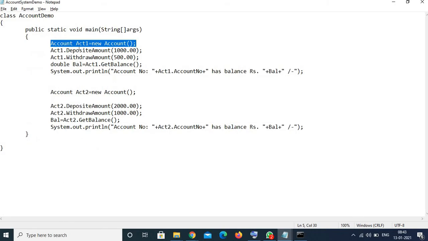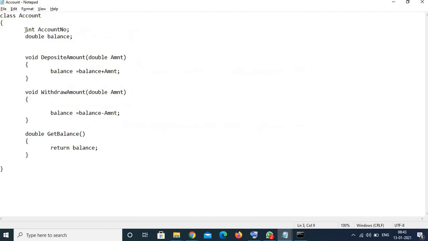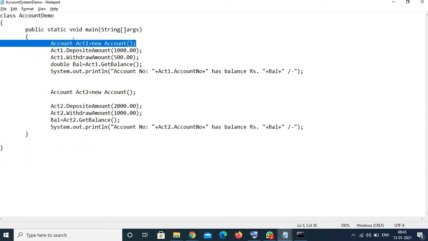So when this object is created in the memory, these two variables would be created and they will get their default values: account number will have 0 and balance will have 0.0. Then next, we are calling the deposit amount method with the reference of our object ACT1, and we are sending in 1000 as an argument.